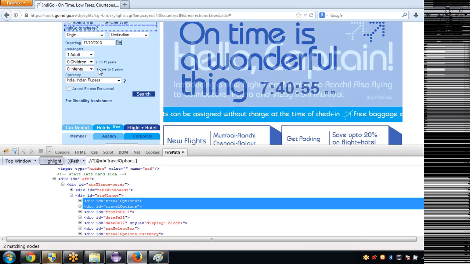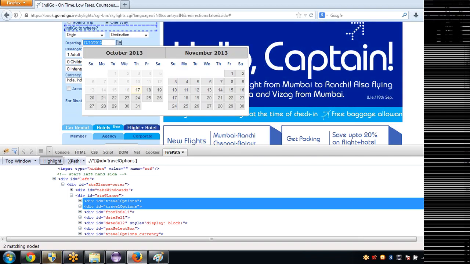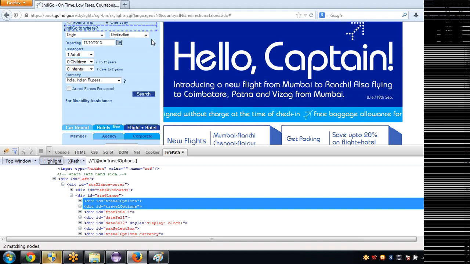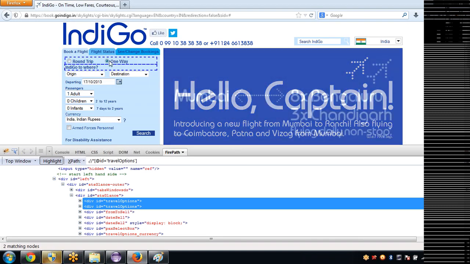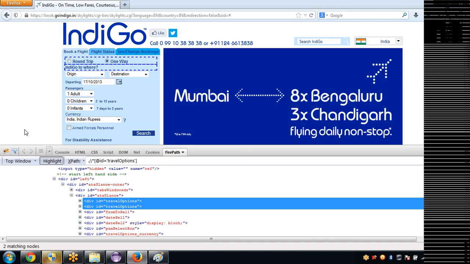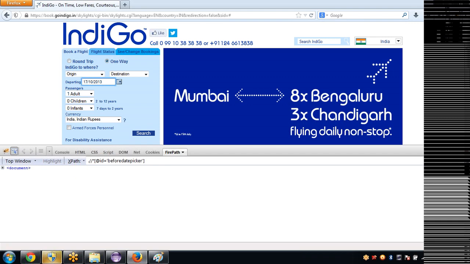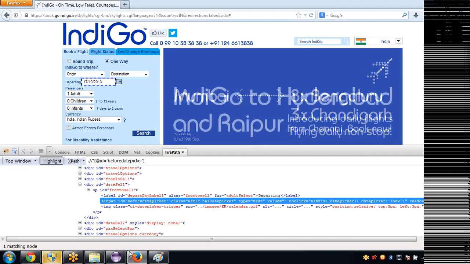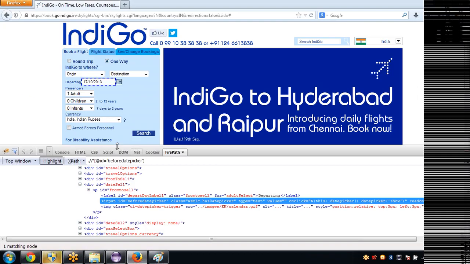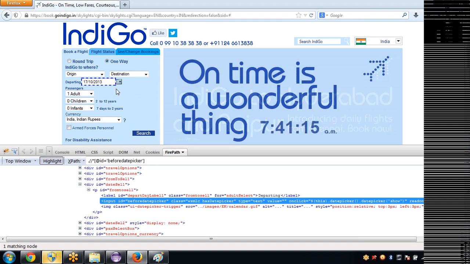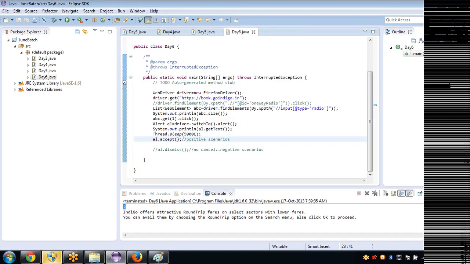And the calendar is nothing but you can directly send keys into it. We will see this now. One way we clicked, right, and now you just say send keys, that's all. It will work. You need not click this and validate. As usual, how you enter text in a text box, enter it in the same way. I'll show you.